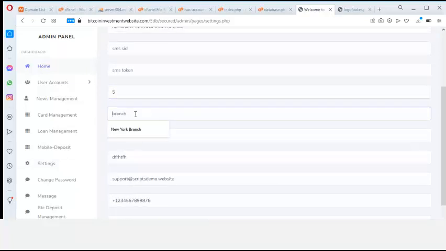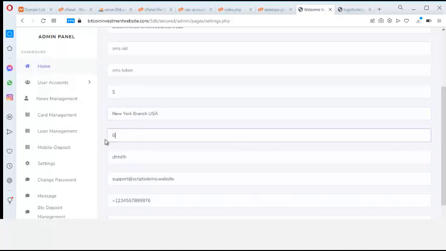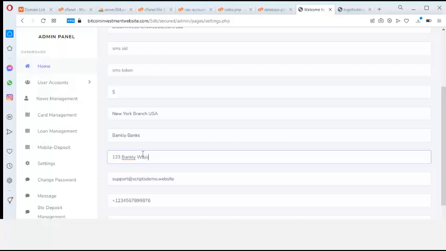So what branch, right? So maybe New York branch, USA, so you have to put it there. Then what's the name of your bank? It's called Bankly Banks. Can you see that? So you have to put that there. So we remove all the address. The address is 123 Bankly with